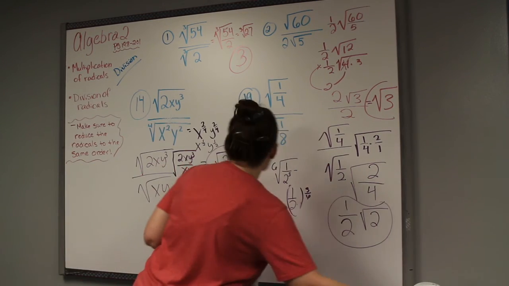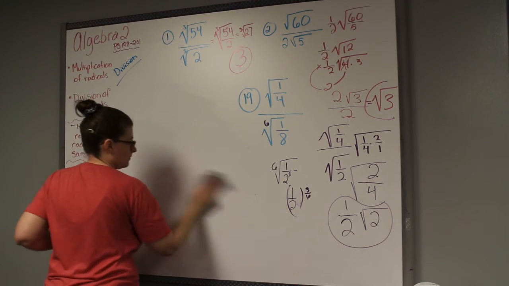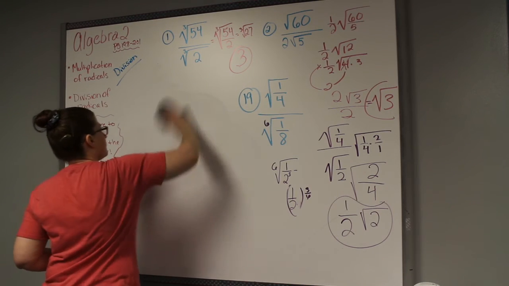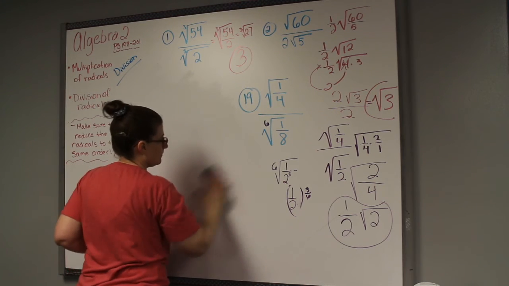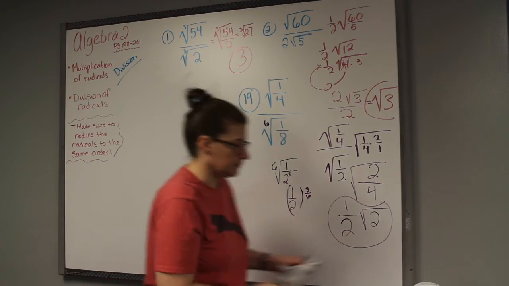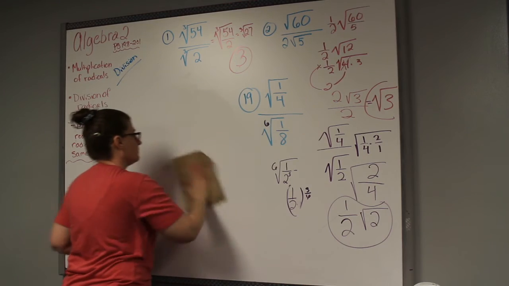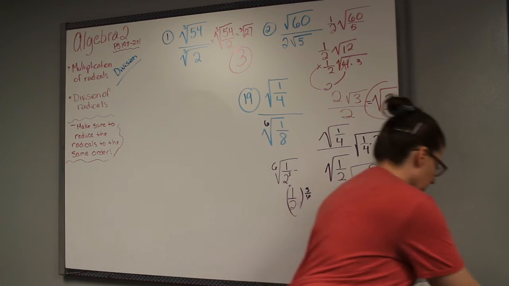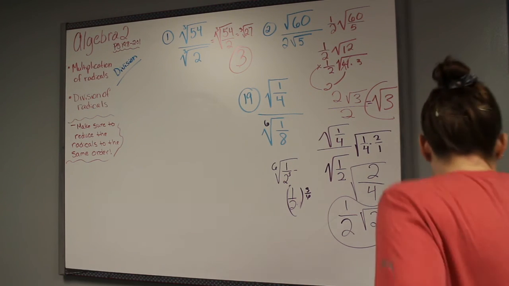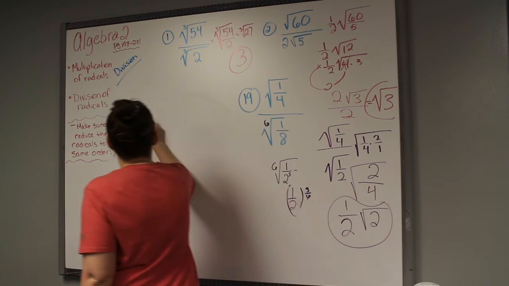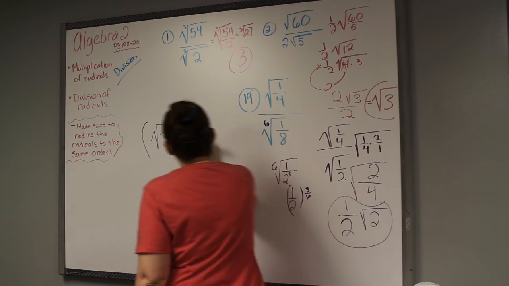So I will write it here. I'm going to get this good and dry. Use a paper towel. Alright, I'm going to rewrite problem 23. And it is radical 30 minus